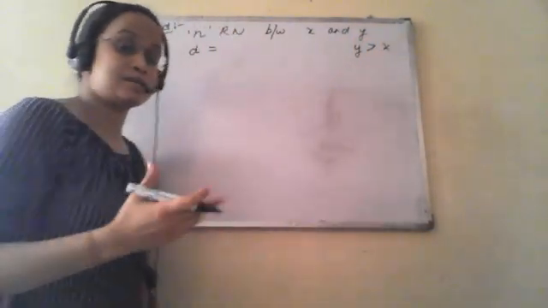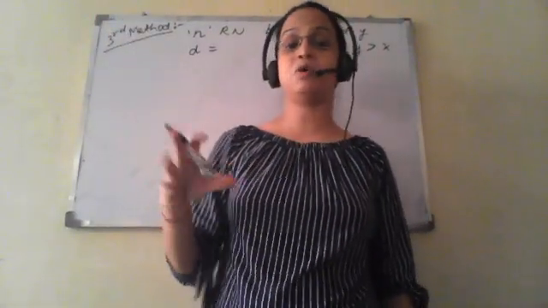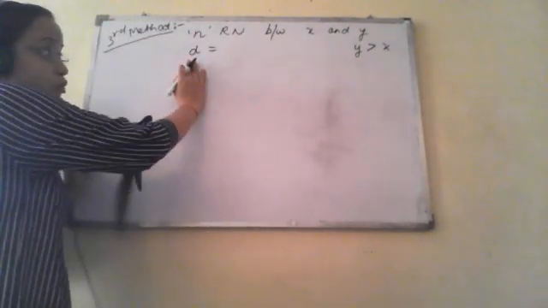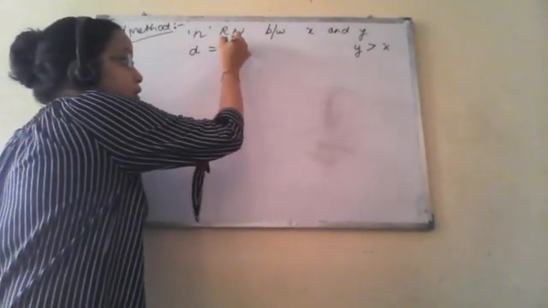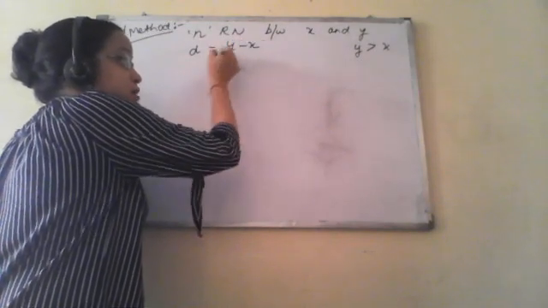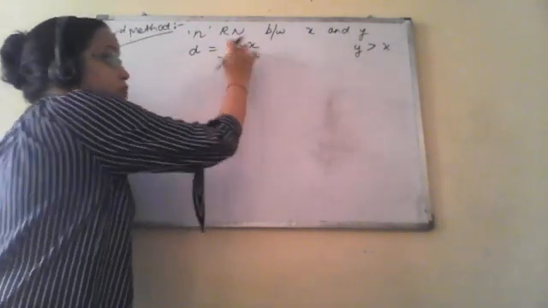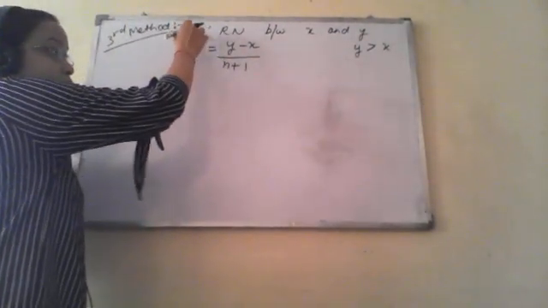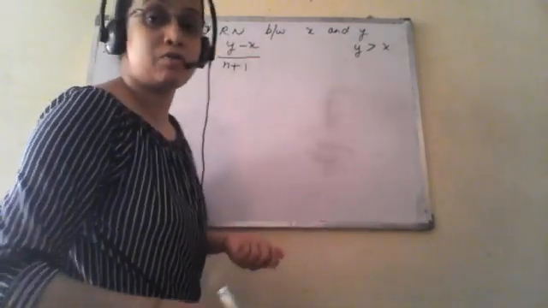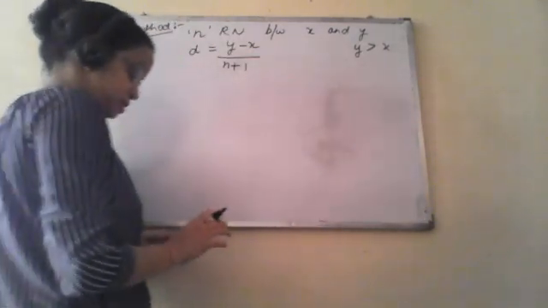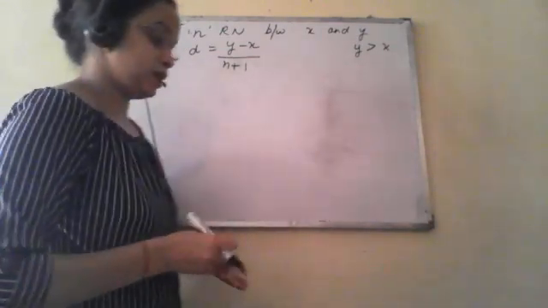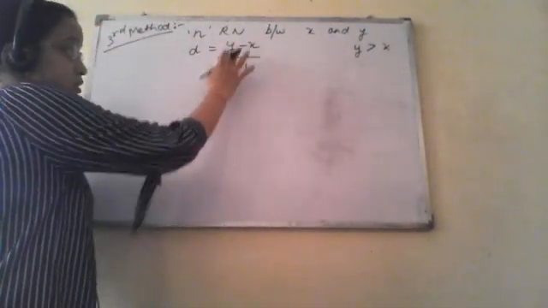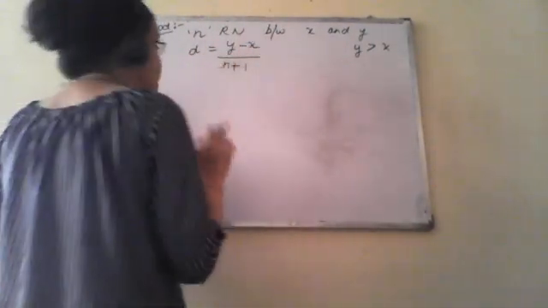Say we have to find rational numbers between 6 and 7. So 7 is y because generally y is greater than x. So we have to find d first. The value of d will be y minus x upon n plus 1, where y and x are the two rational numbers between which we have to find rational numbers, and n is the number of rational numbers we have to find. This you can basically use when there are unlike terms. So d equals y minus x upon n plus 1.